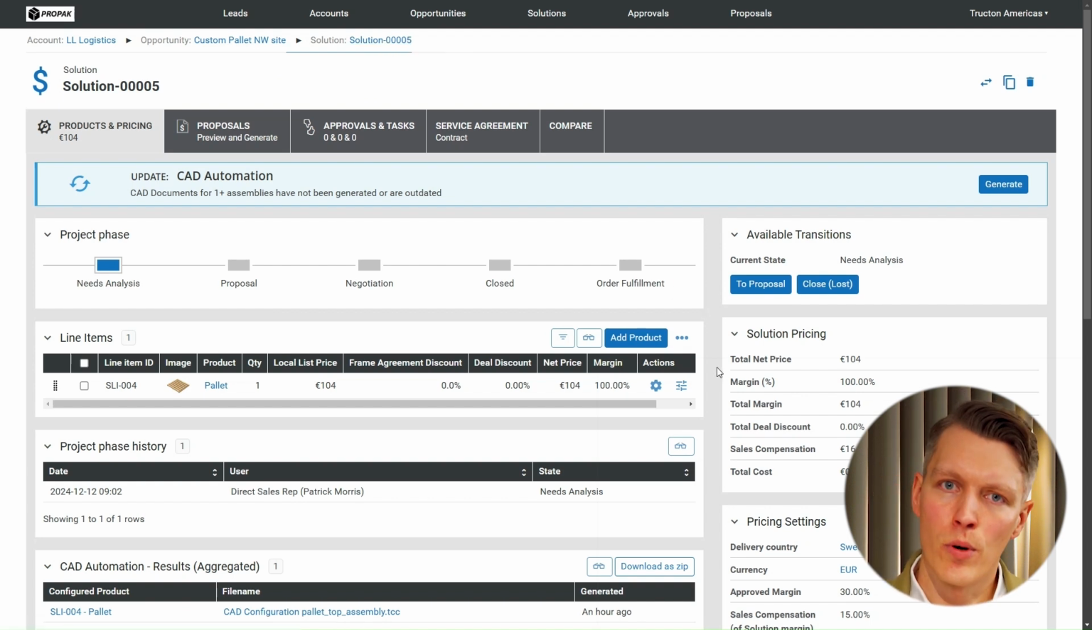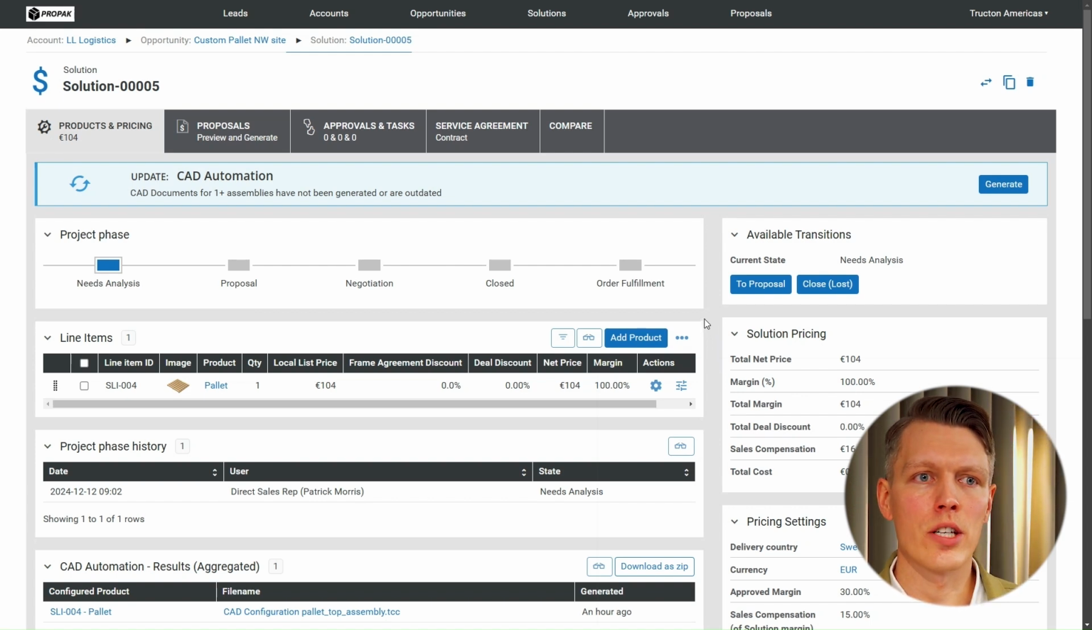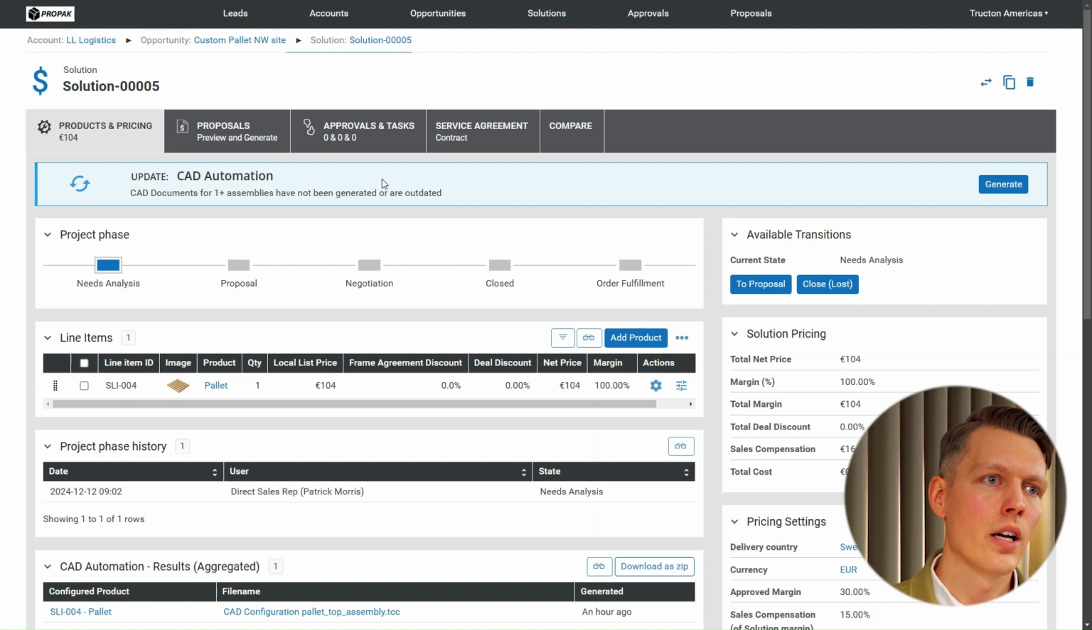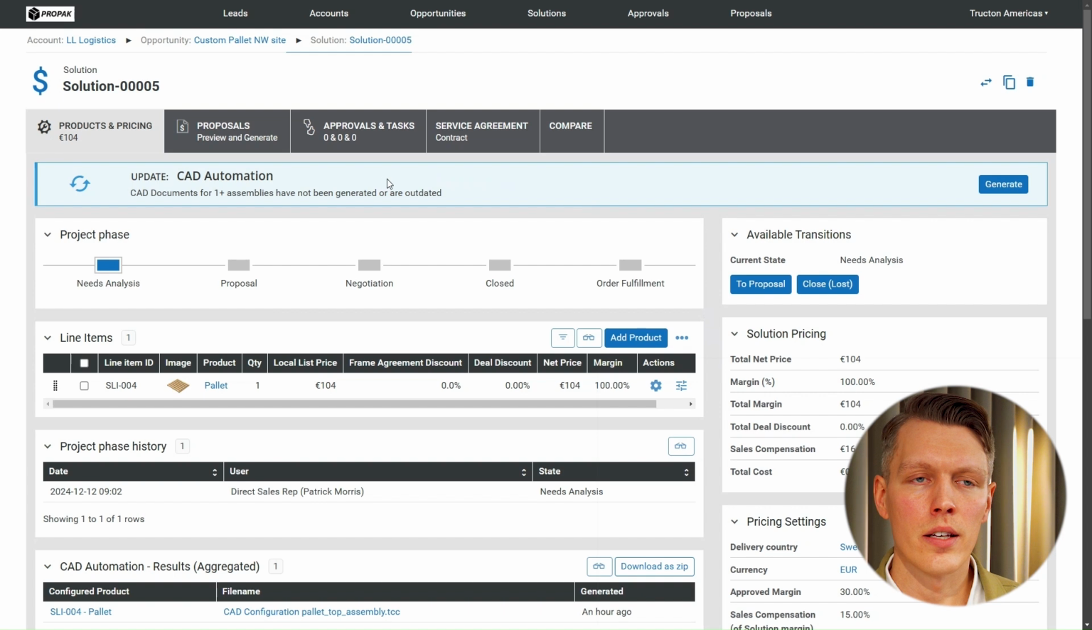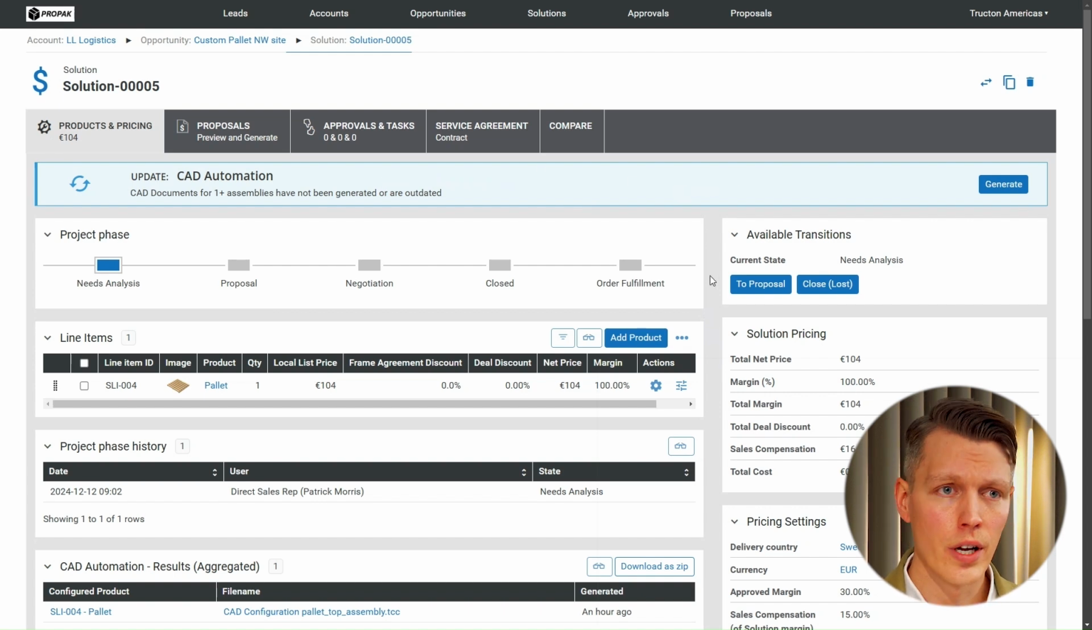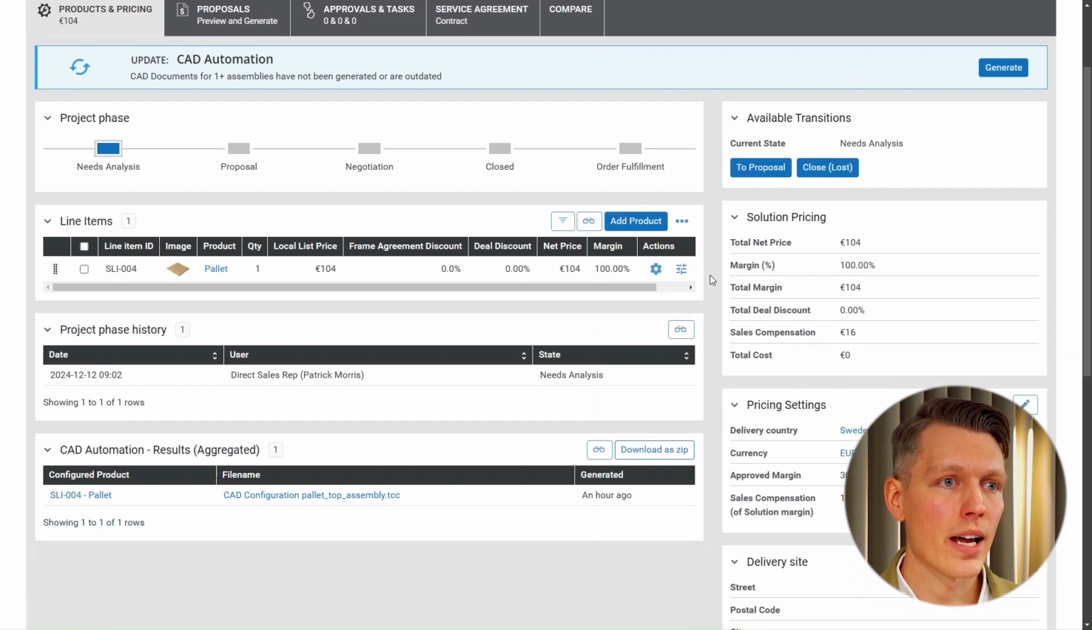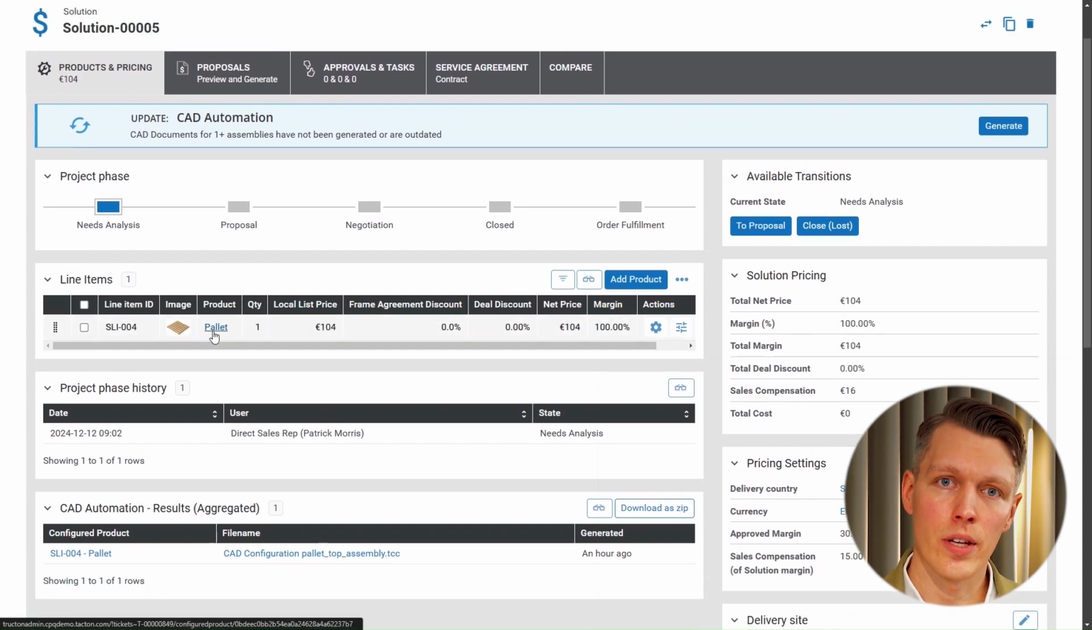And if you're observant, you've probably already seen a button in a banner related to CAD automation. So we can see at the top here that CPQ has detected there's a product with a related CAD automation, and is presenting us with the option to generate here. So we can do that from the solution, and we would generate CAD automation for all of our line items in this solution. But I only have a single one, so I'm going to navigate to that so we can see a little